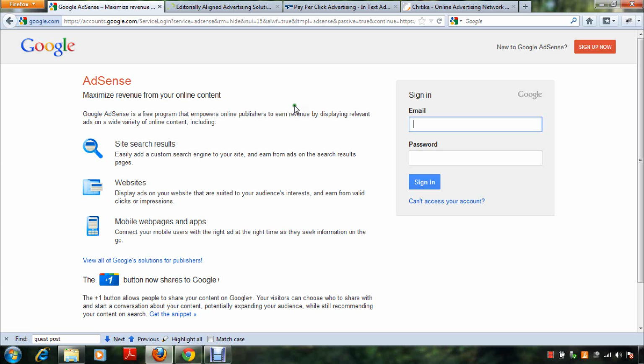I personally don't really recommend this form of monetization, just because I would rather stick with a simple opt-in form and build my email list instead of putting ads on my website, because the Google ads, especially, and most of these ad